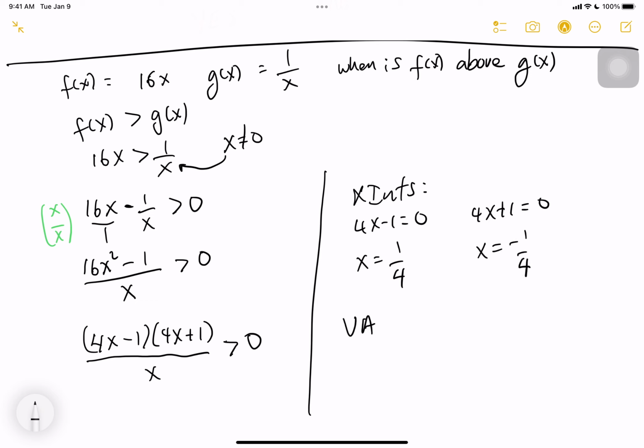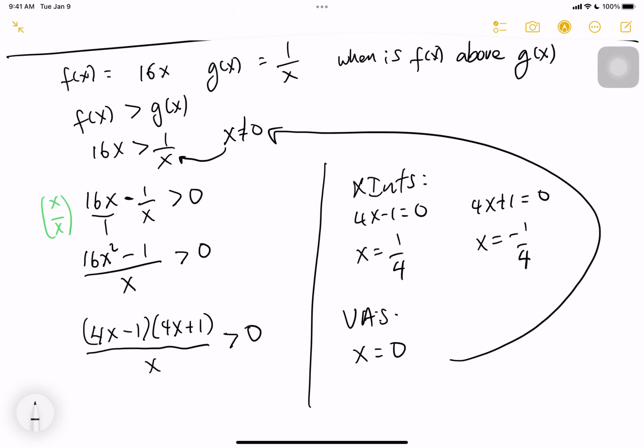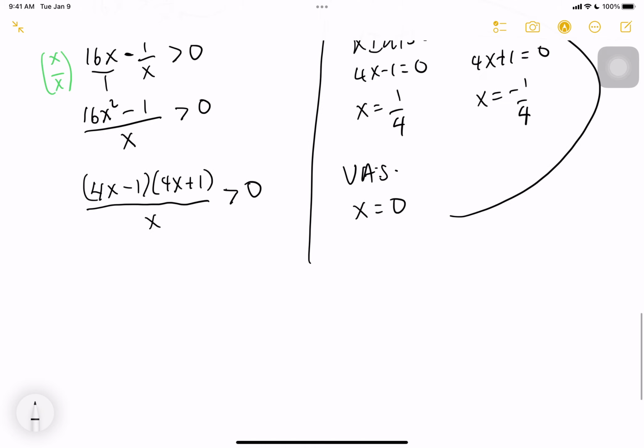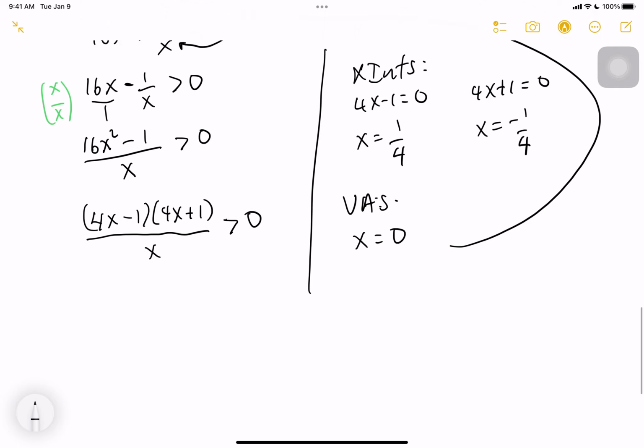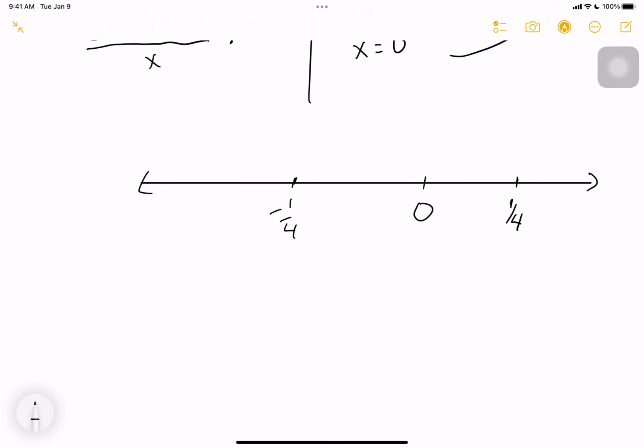And then your vertical asymptotes. That's the denominator set equal to 0. X equals 0. Again, this is the same right here. X equals 0 right here. And so we use those three numbers, 1/4, negative 1/4, and 0 to set up our number line, and thus our sign chart. So we have negative 1/4, we have 0, we have 1/4,